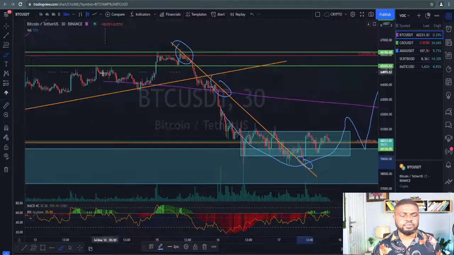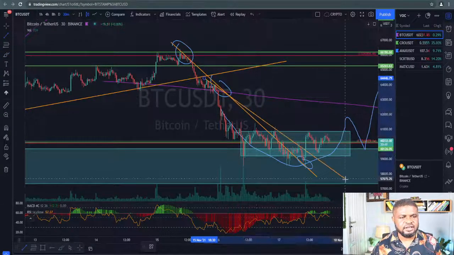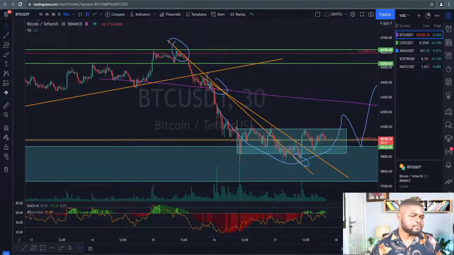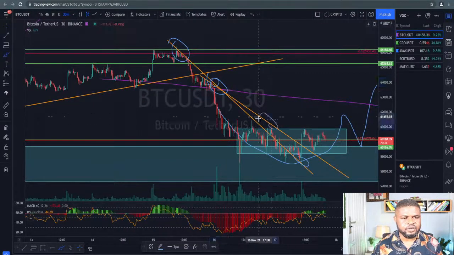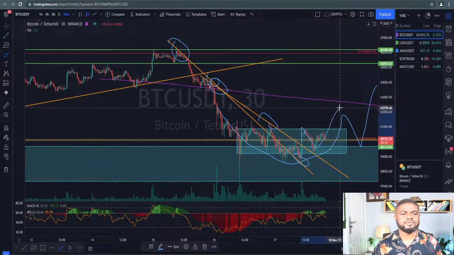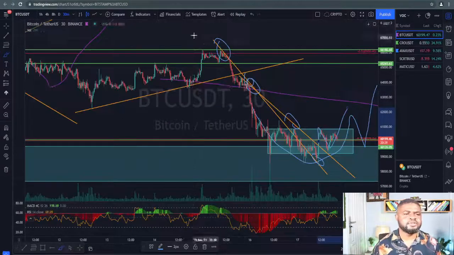Of course, it pushed up, and you can also say, okay, if that is not valid, let's say this is valid. These are just, you can say, this is 0.1, this is 0.2. Of course, there is a break, retest. Oh, we should see this playing out, right? I hope this